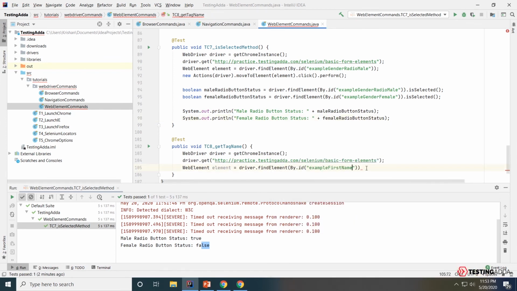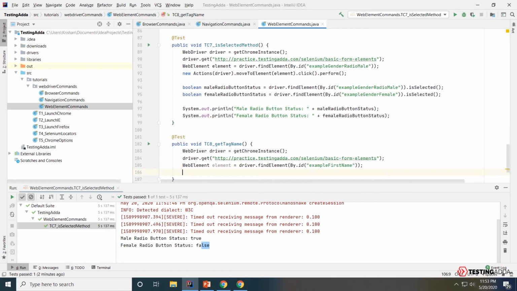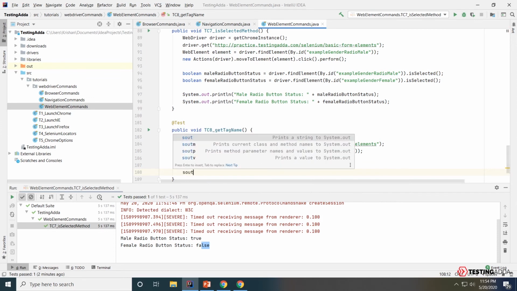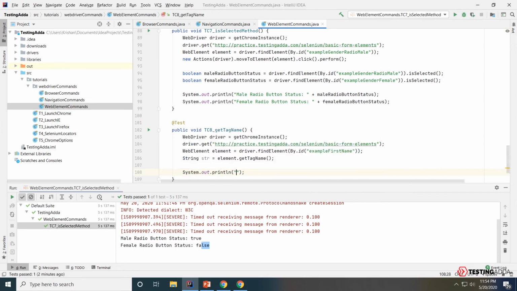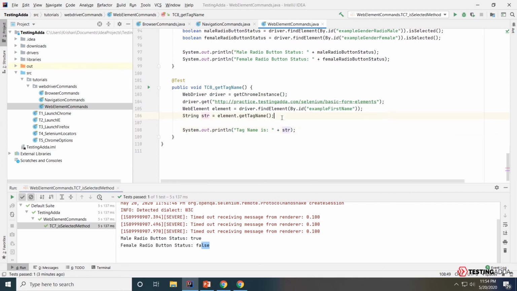Now I want to know the tag name of this element. So how can I do it? I can write String str, because getTagName returns a string value, element.getTagName, and try printing the value using sout. Tag is str.